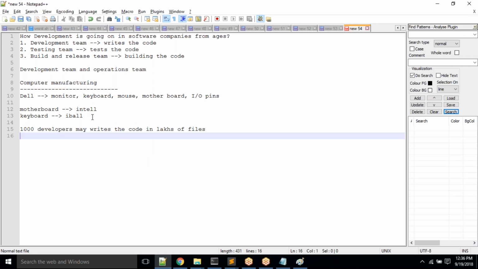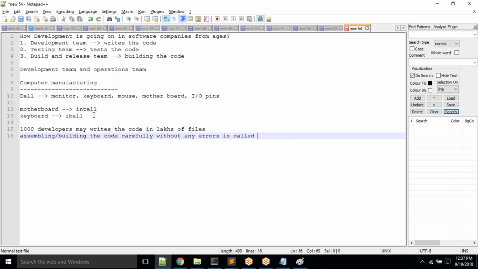So how to make all the files into a single component, like a Windows image? Windows software is developed by lakhs of developers, thousands of developers, but ultimately it is a single file. It means you are assembling. In computers I use the word assembling; here we call it building. Building the code carefully without any errors